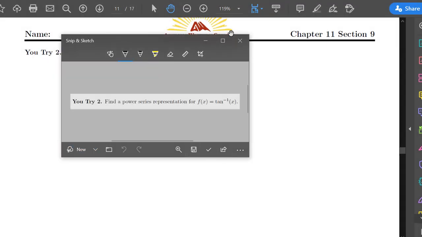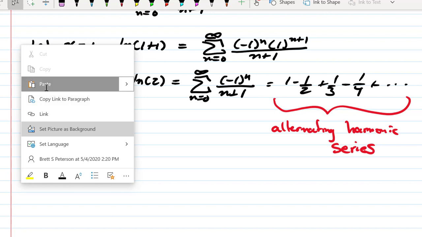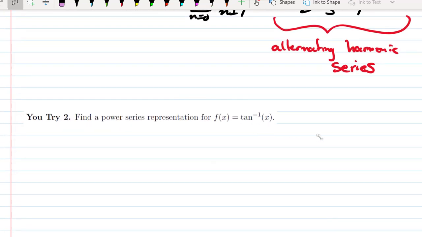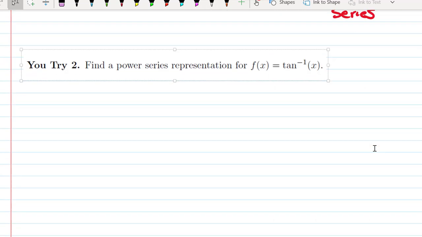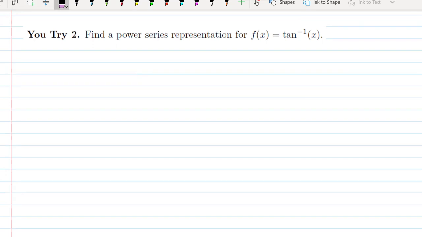So we want to do something similar and find a power series for the inverse tangent of x. To find a power series representation for the inverse tangent of x, we still need to use a geometric series. But this isn't exactly in the right form, which is 1 over 1 minus x. But if we take the derivative, we have that f prime of x would be 1 over 1 plus x squared,